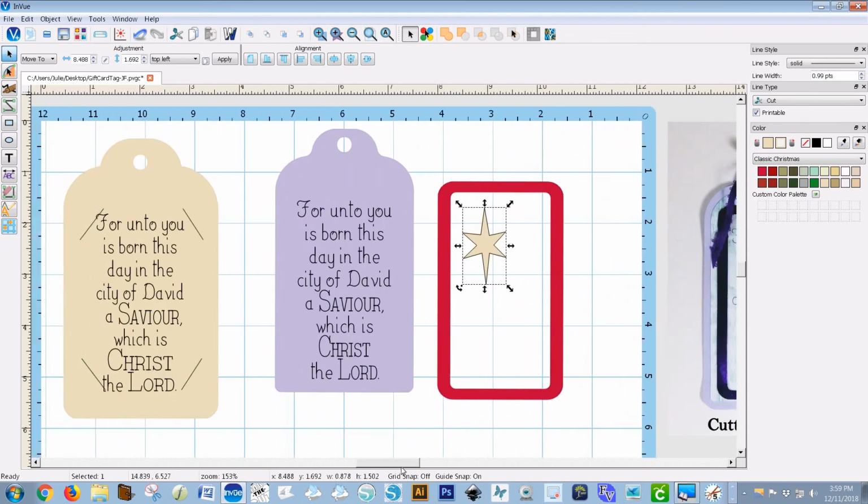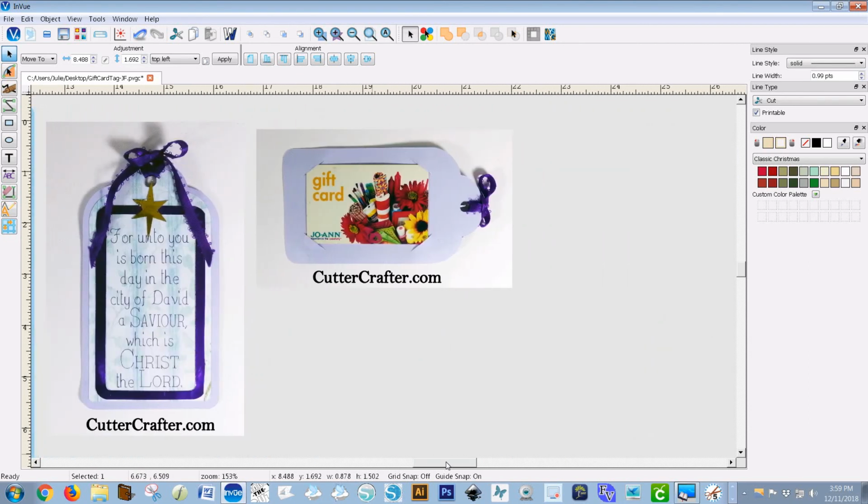So that's how I add my Bible verses. I just simply copy and paste into Text Preview. So I hope this has helped you to understand better how easy it is to get Bible verses into the